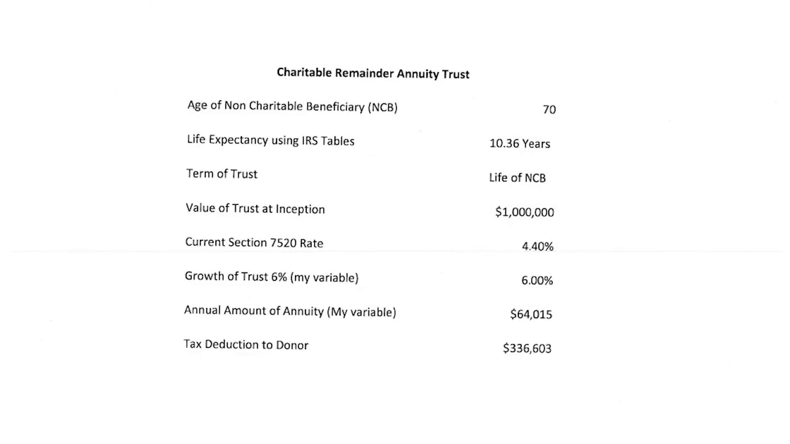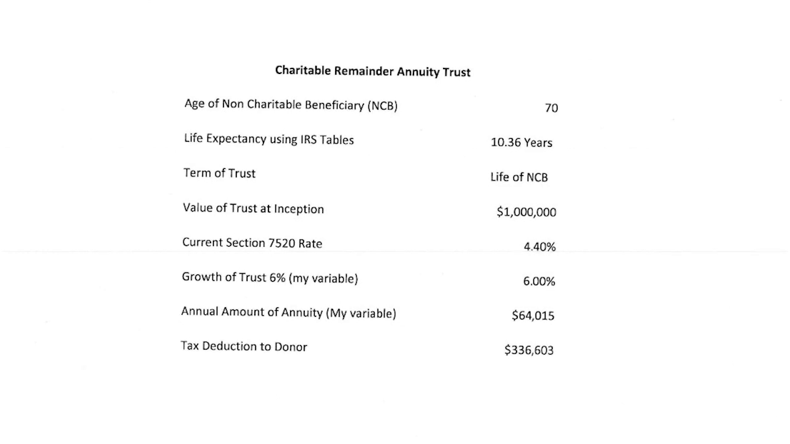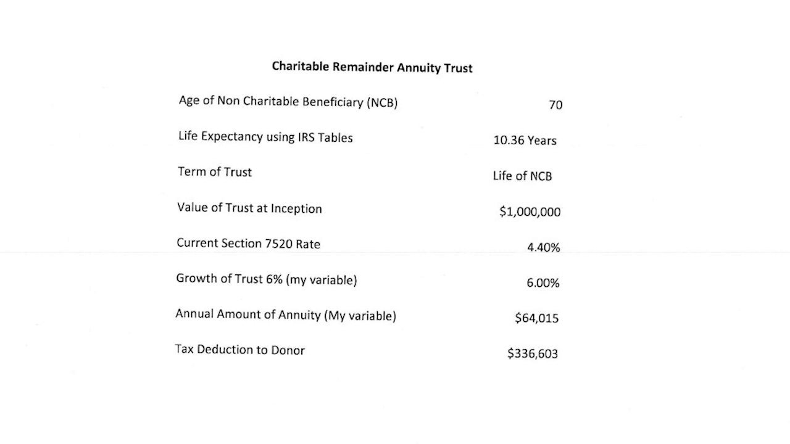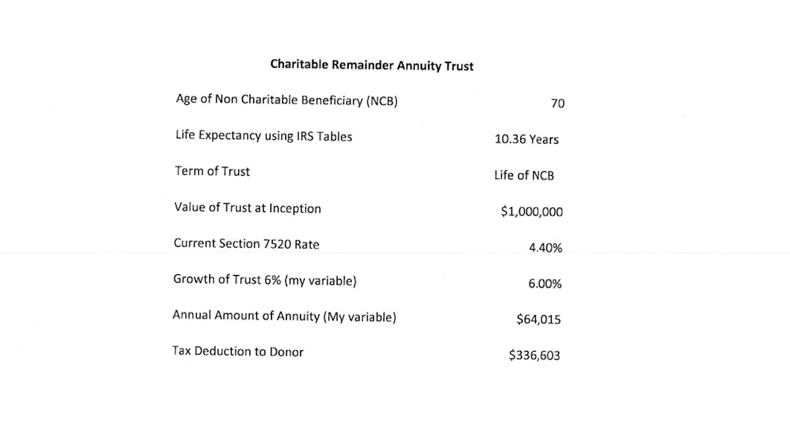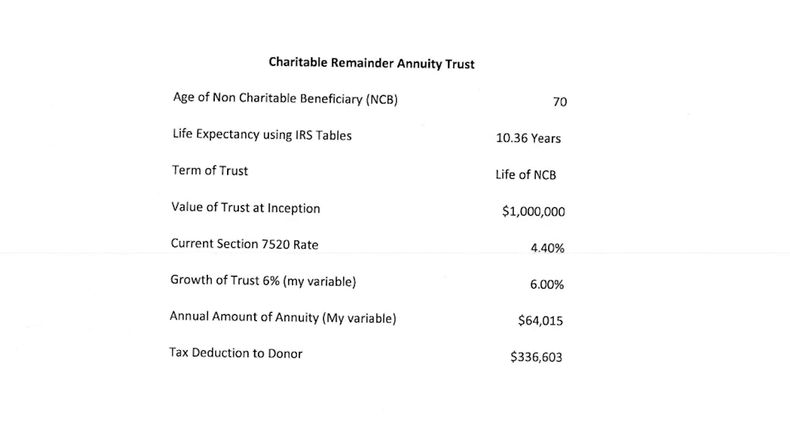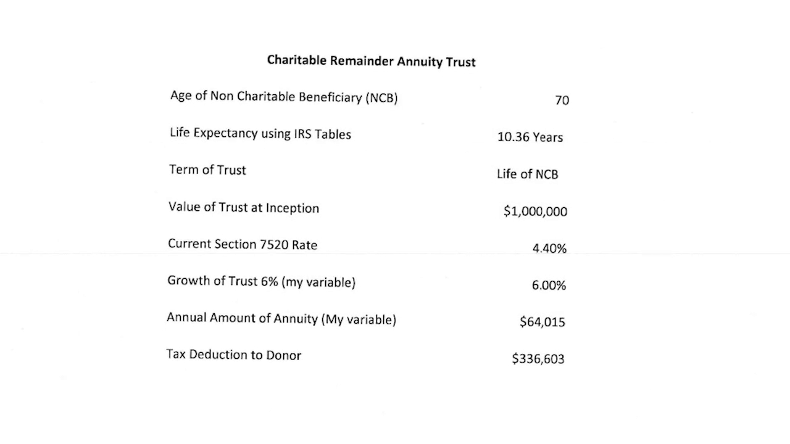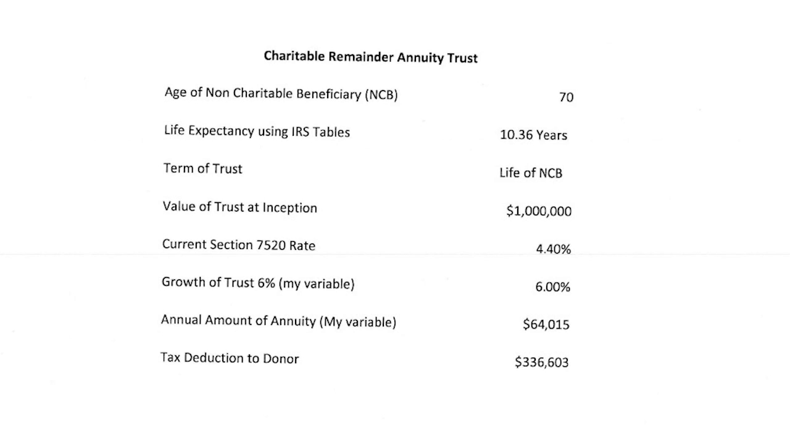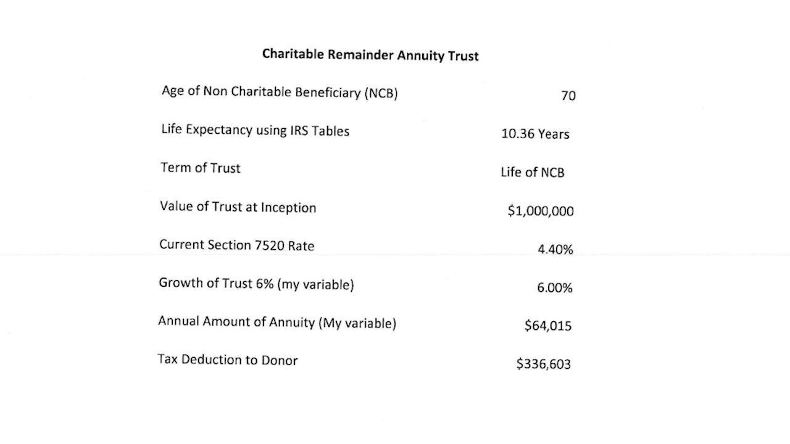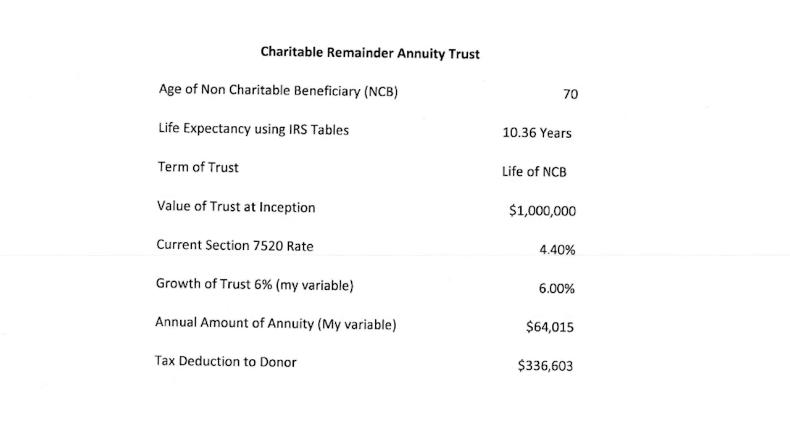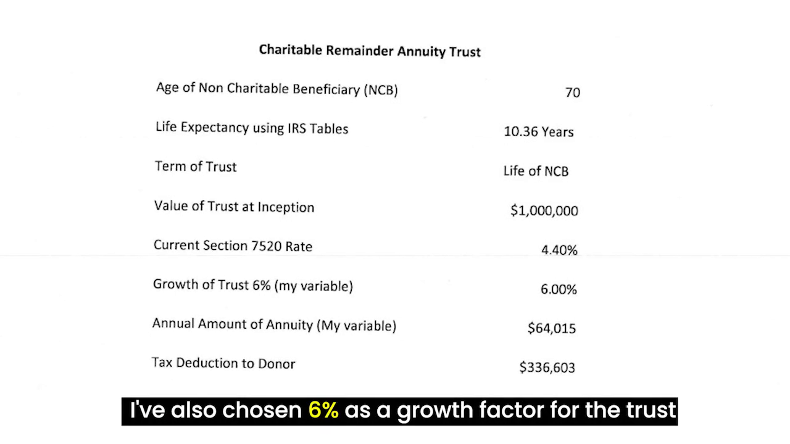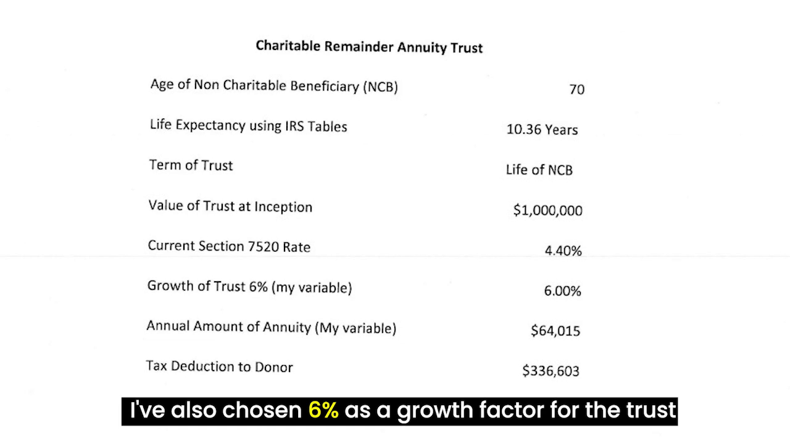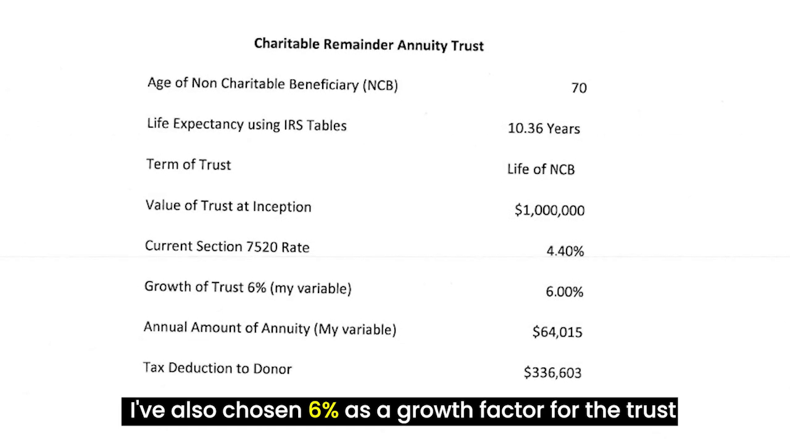The following scenario will demonstrate the power of using a charitable remainder annuity trust. A philanthropically minded individual donates $1 million to the CRAT. He's 70 years old, and the term of his life as measured by IRS tables is a little over 10 years. The current Section 7520 rate is 4.4%, and $64,000, which I've chosen, will be distributed annually for his life. The income tax deduction is a staggering